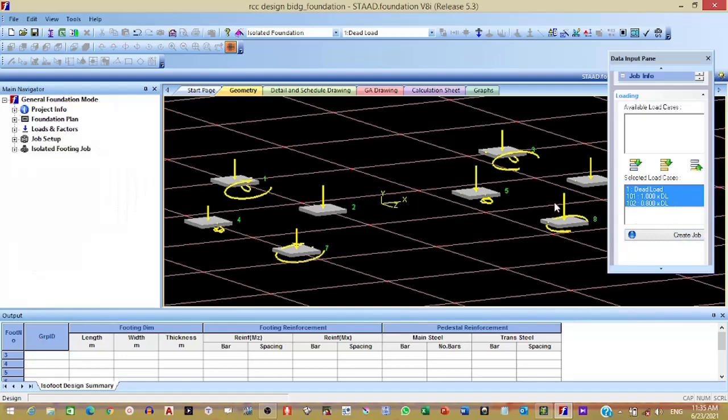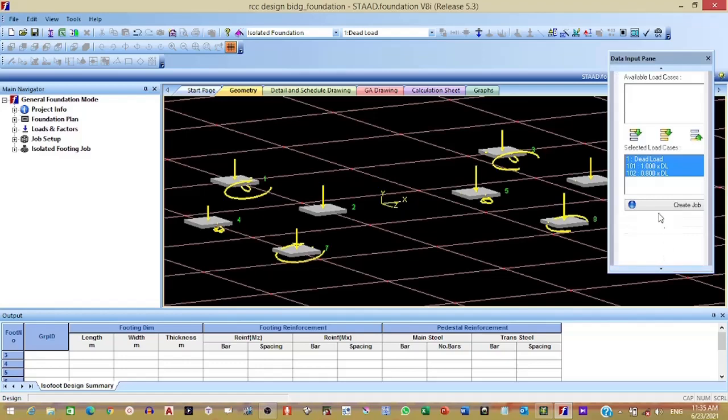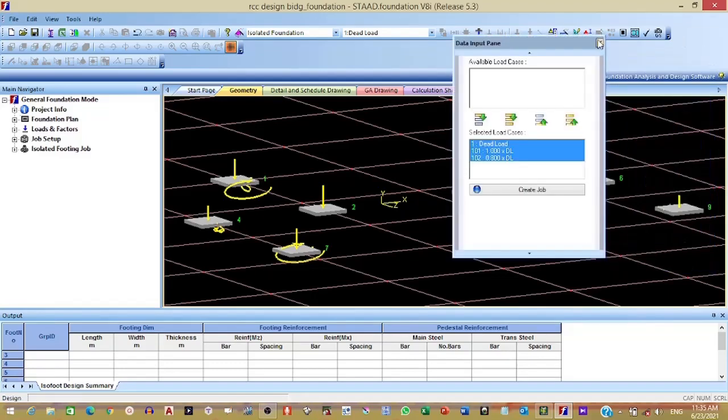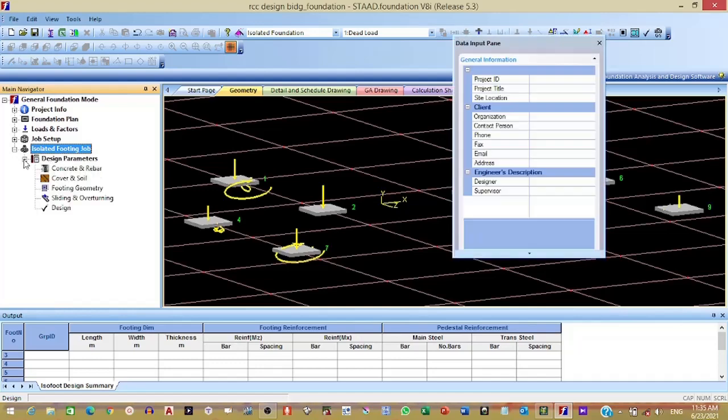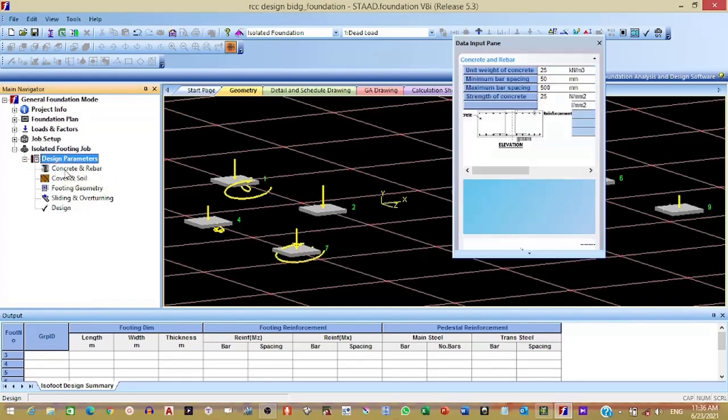So all load combinations will be selected as load cases. Select this again and then click here, create job. So here isolated footing job is created. Then just close this and then click on create job.